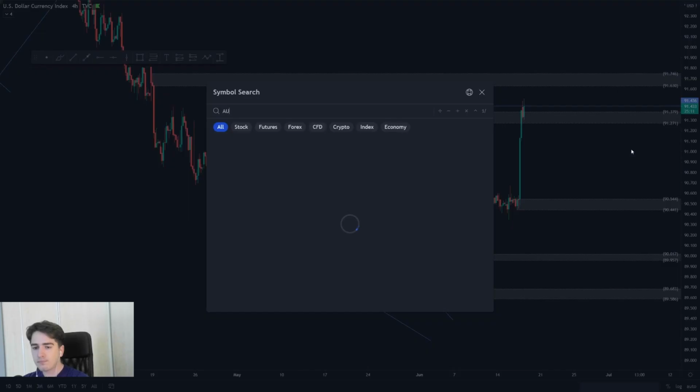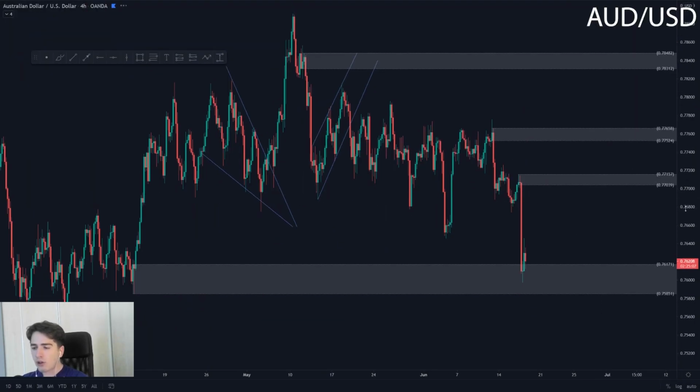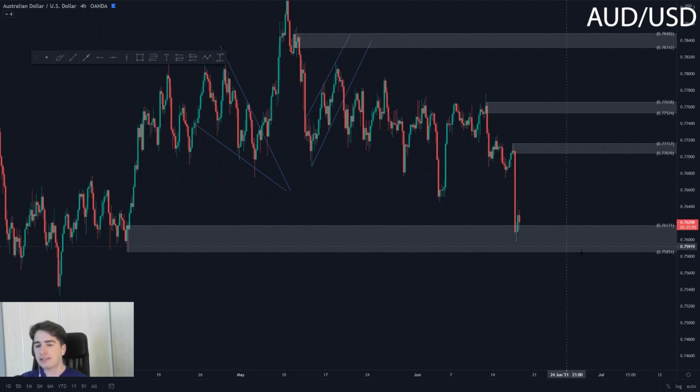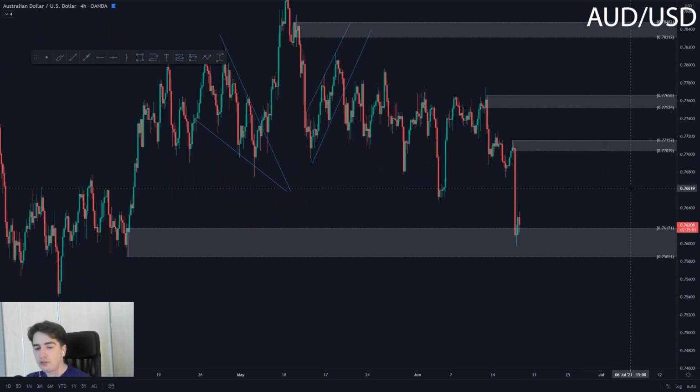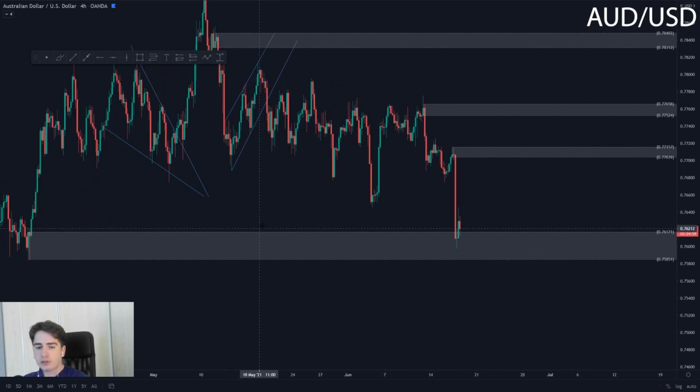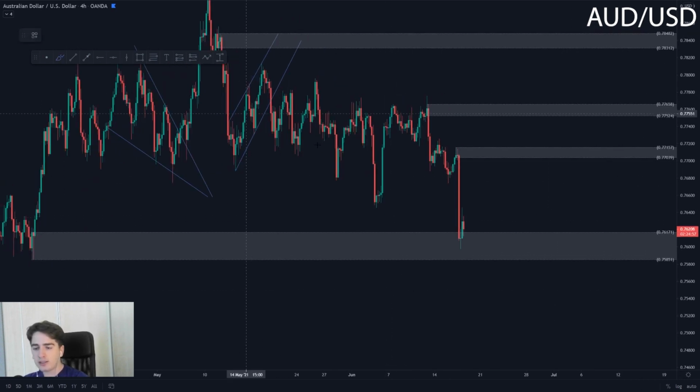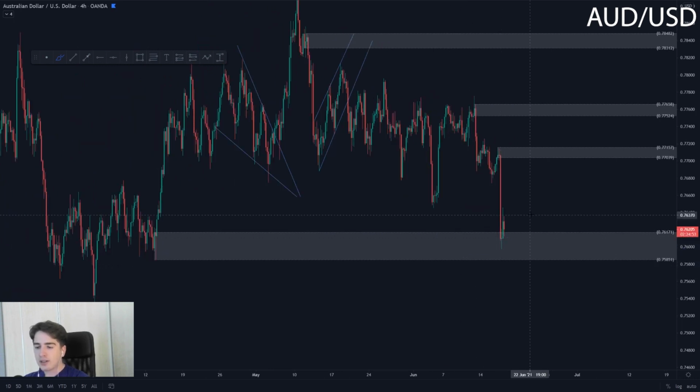So Aussie dollar. You guys might see this adjusted chart, so you can adjust the zones to these levels. This is currently my chart on Aussie dollar, basically just purely based on supply and demand. So as you guys can see, we're currently situated within this area of demand within the market. So yeah, I am looking for a pullback, of course, higher on Aussie dollar, as we can't move towards the downside forever. At a certain point in time, you'll have to make a pullback.